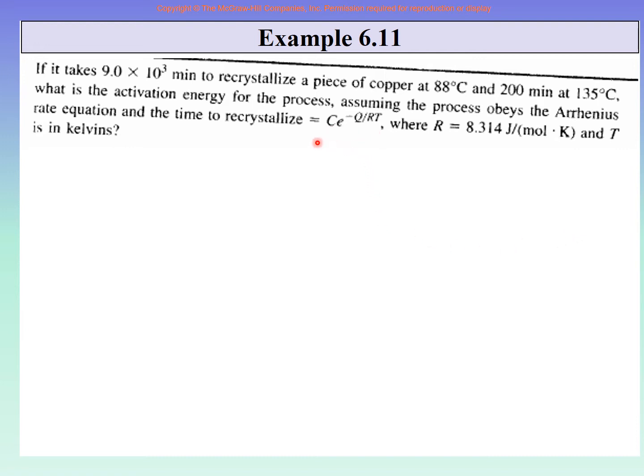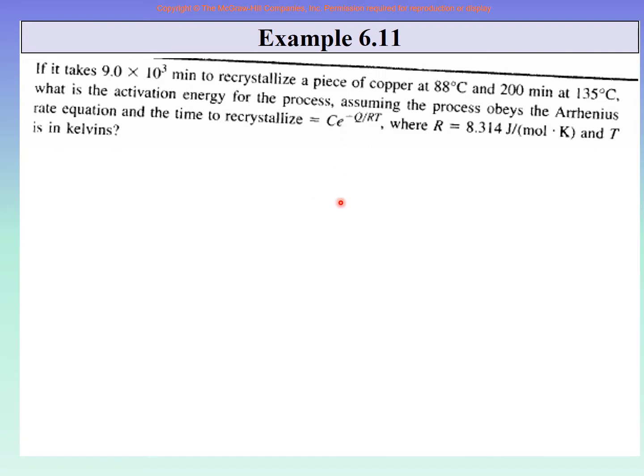For example, if you divide the first equation by the second equation, the C upon C will cancel out, isn't it? There is equation 1 for 9000 minutes. There is equation 2 for 200 minutes. Now if you divide equation 1 by equation 2, this C and that C will cancel out, and you will be remaining with only one unknown, Q, isn't it? And then you can solve for that.